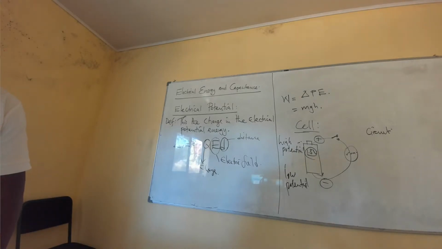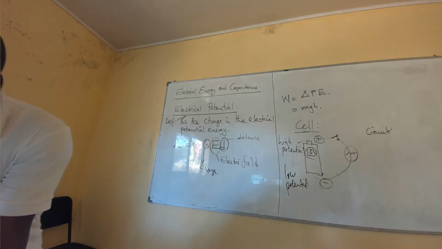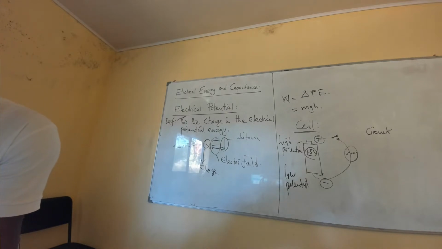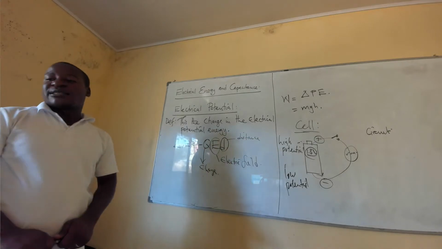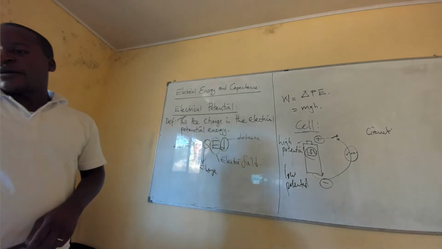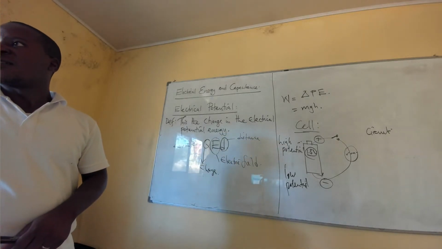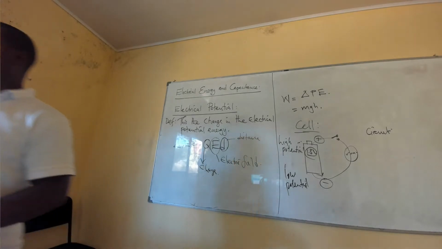So let's look at an example. An example, we are saying a particle that is Q1